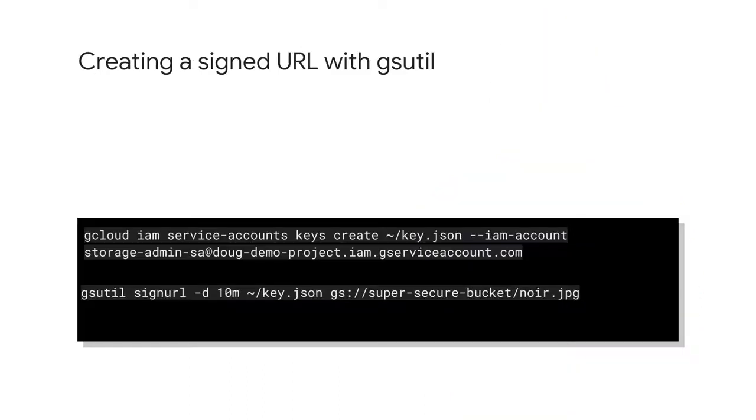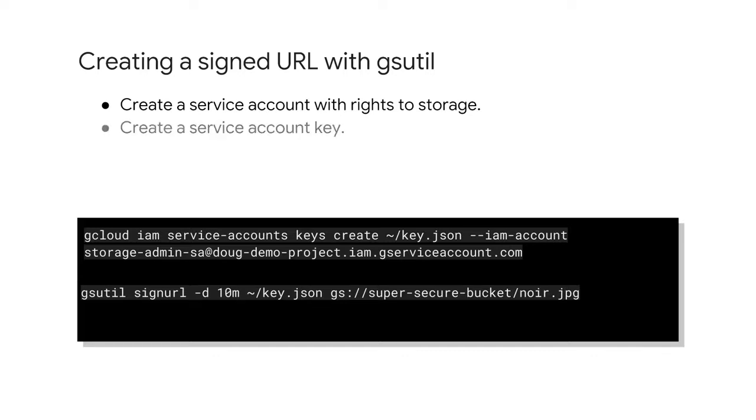Signed URLs can be created manually using the GSUtil tool or from a program. Google App Engine applications can use the App Engine Identity Service. When creating a signed URL with GSUtil, it is a three-step process. First, you need to create a service account with the desired rights and then use them to generate the signed URL for a storage object. Next, create a key for the service account and store it in a file such as